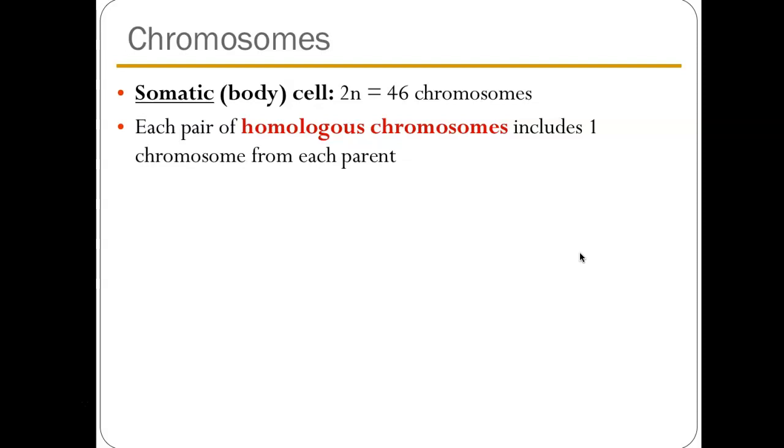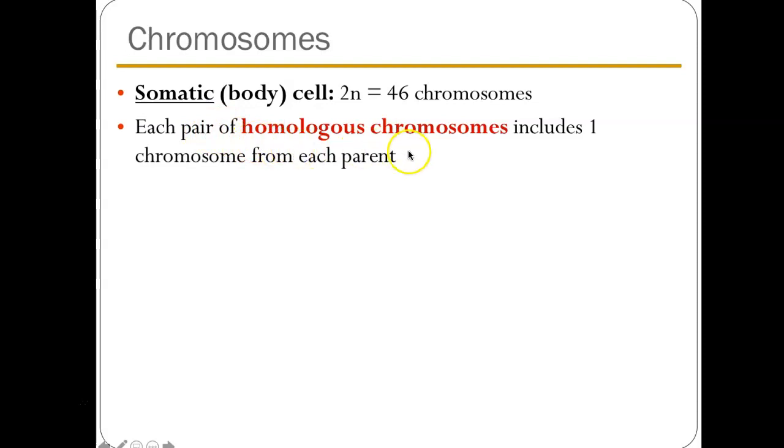Sorry. So let's talk about body cells. Body cells we talked about before. Somatic body cells are anything that is not a sperm or an egg. In humans, you're going to have 46 chromosomes in a body cell: 23 from mom, 23 from dad. There are 2 sets. That's what 2N means. 2N means there are 2 sets of chromosomes, one from mom, one from dad. There are 46 total, 23 from each parent, and it is a body cell.